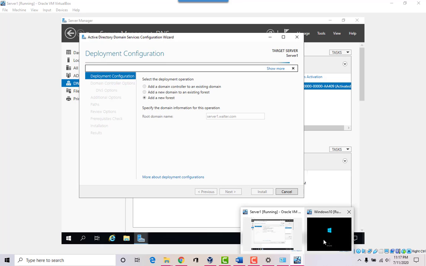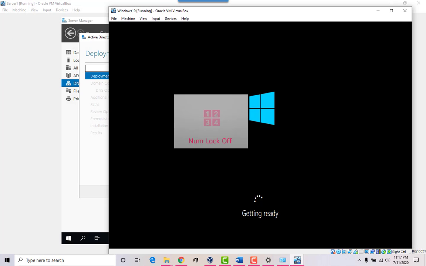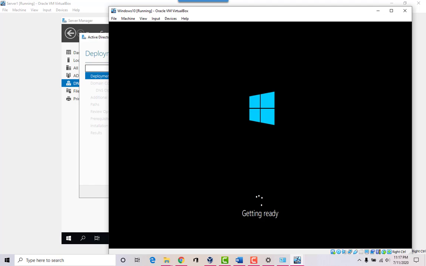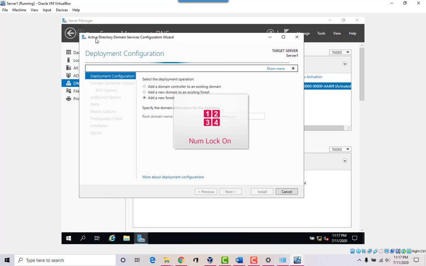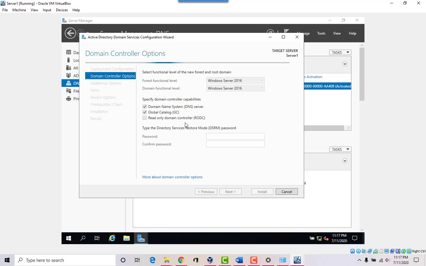In the meantime, let's see how our Windows 10 machine is doing. Seems to be doing pretty well. Let's get in there. Alright, going back to the server then. We have domain capabilities. Let's see. Yeah, so again, this is gonna ask for a password.